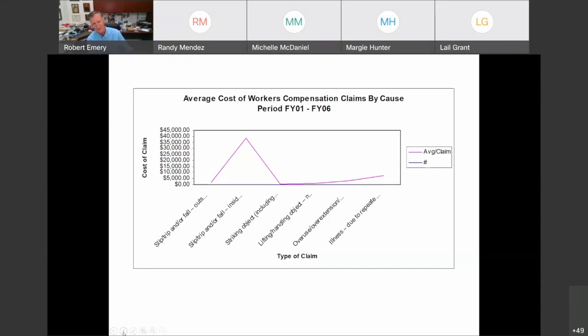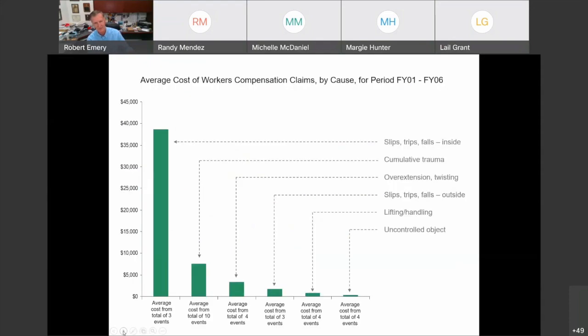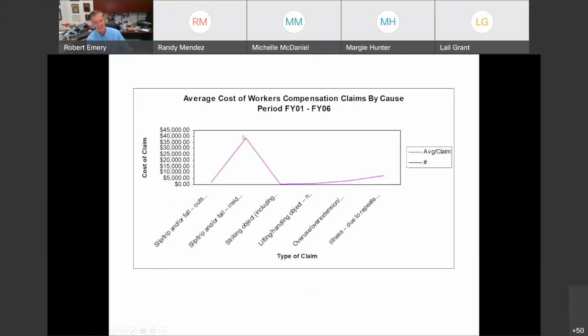So I said, give it to me and I'll clean it up for you. And lo and behold, here's the revised version. And now, sorted, we can see that the major problem in Fairbanks, Alaska is slips, trips, and falls inside. Now, it doesn't take a rocket scientist to figure out what's going on in Fairbanks, Alaska for this one, okay? And so, again, the trick here was to sort it high to low. And by the way, it shouldn't have been a line graph because these things aren't connected. So we get this version.